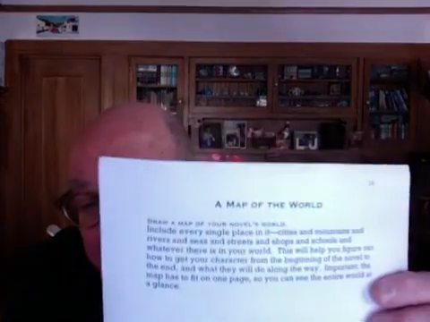So, there's a lot of other thinking you need to do as well. And this is one of my favorite things to do, because I never write a novel without having a map of that world above my desk. So I can look right up at that one piece of paper and say, oh, that's where my character is today. That's where they're going tomorrow. This is where they were yesterday. And this is a really fun project.